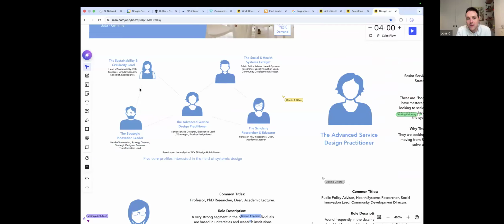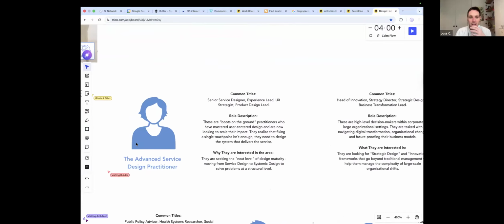Service designers who are bumping up against complexity. Sustainability and circularity leads. Strategic innovation leaders. Social and health systems catalysts. Scholars, researchers, and educators. So we then highlight each of those.